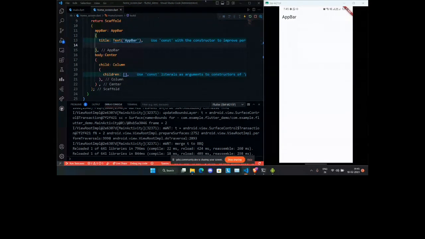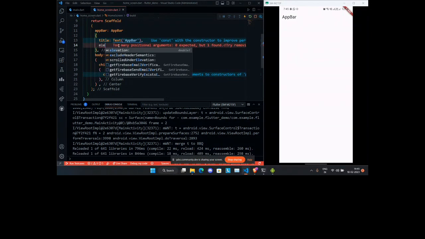When you give this elevation to the app bar, the app bar rises slightly above the body so that it is distinguishable. Rises might not be a good word to describe it, but it looks kind of 3D, basically 3D.